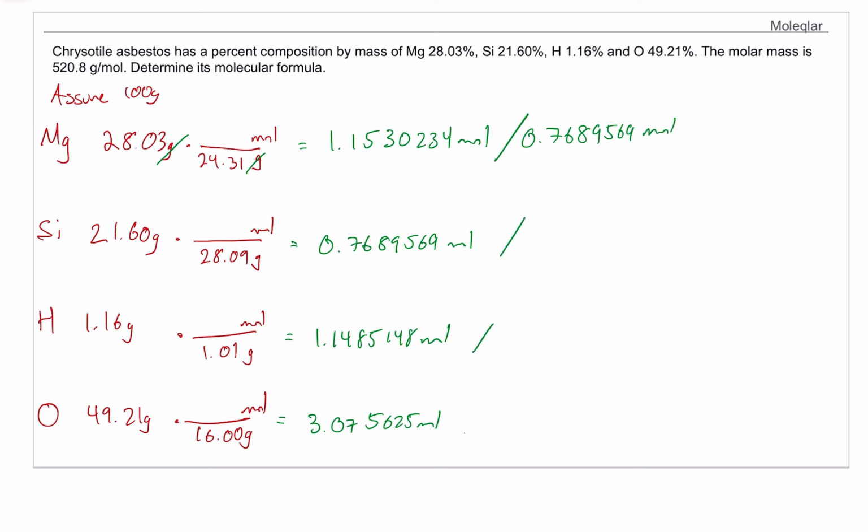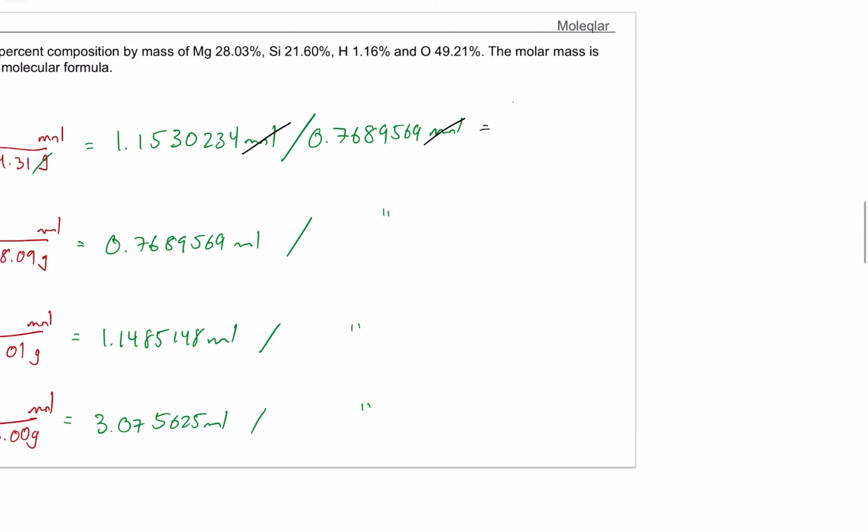I'm going to do the same thing for all of these, but I'm just going to put quotation marks so I don't have to rewrite this number every single time. What you'll notice is that we're, again, dividing moles by moles. So our moles will cancel out and we'll be left with a unitless number, which is exactly what we want. Our subscripts don't have units. So if we look at the first calculation, we will calculate this out to be